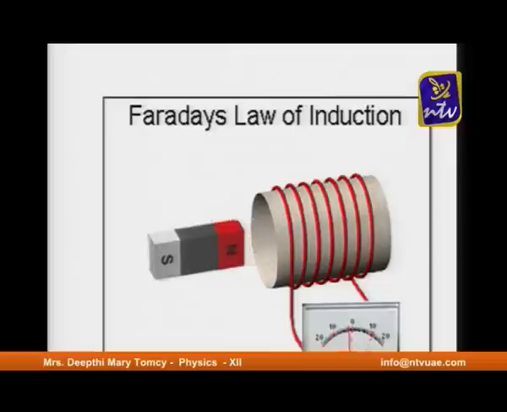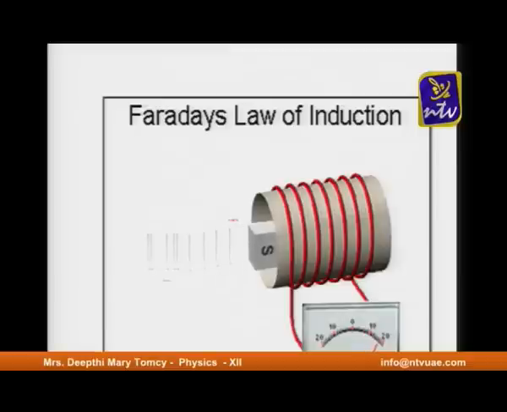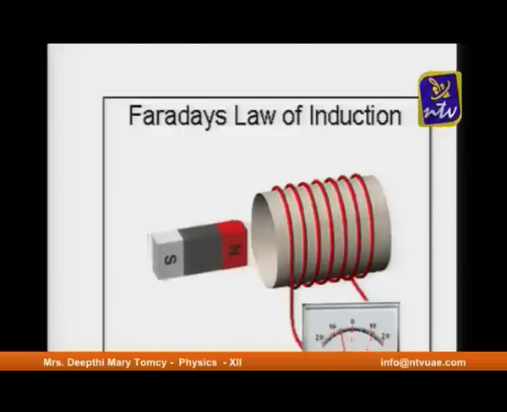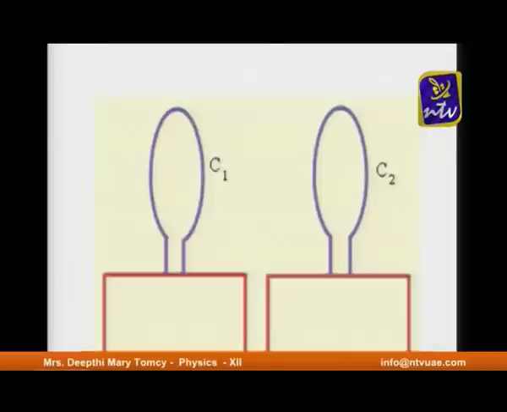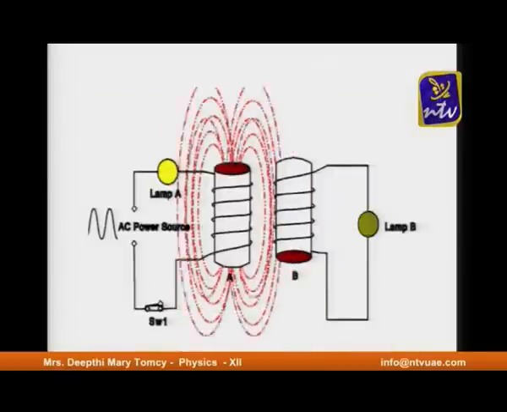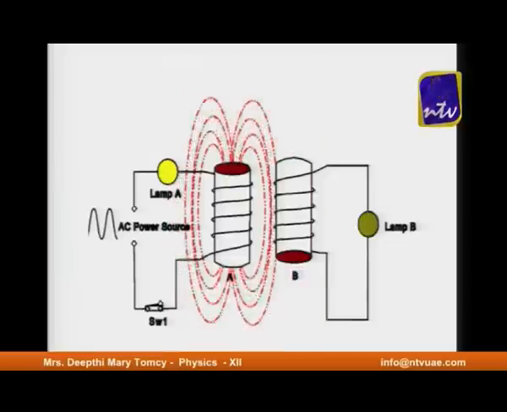According to Faraday's law of electromagnetic induction, EMF is induced when there is a change in magnetic flux. In the first slide you can see very clearly how the magnetic field is changing by moving the magnet towards or away from the coil, and the galvanometer is showing the deflection. Next, again, how the field is changing. By keeping a coil side by side also we can change the magnetic field linked with it, and thereby induce current. And here you can see a visible example of sending AC continuously.